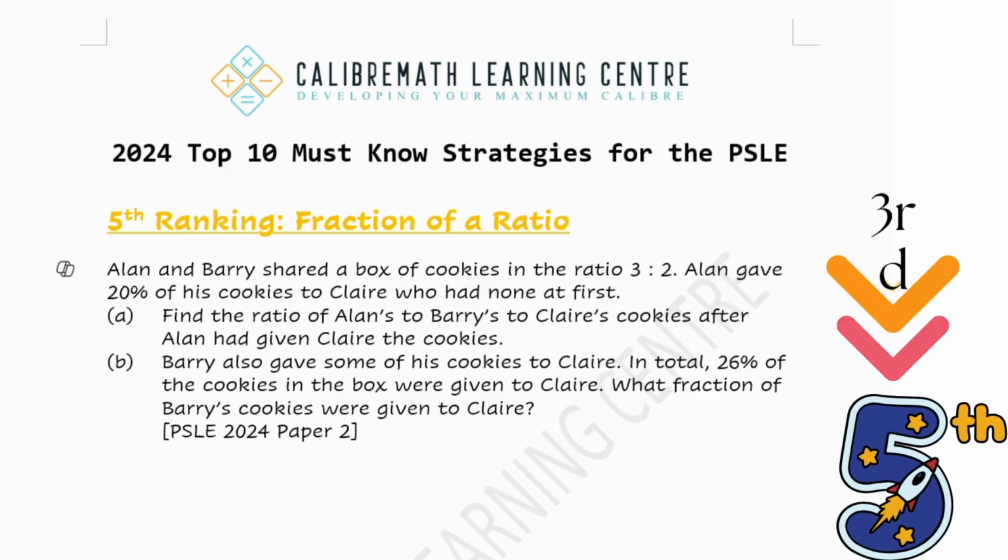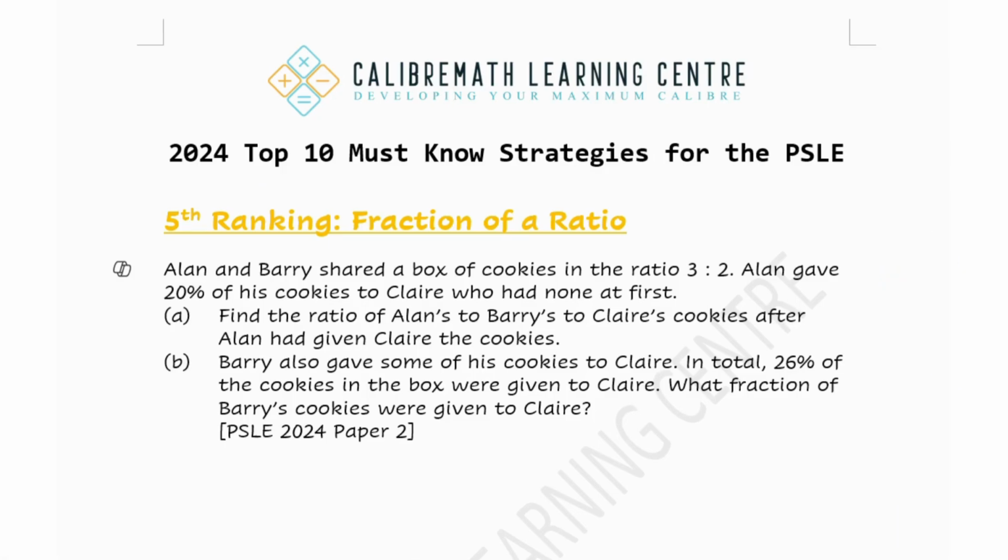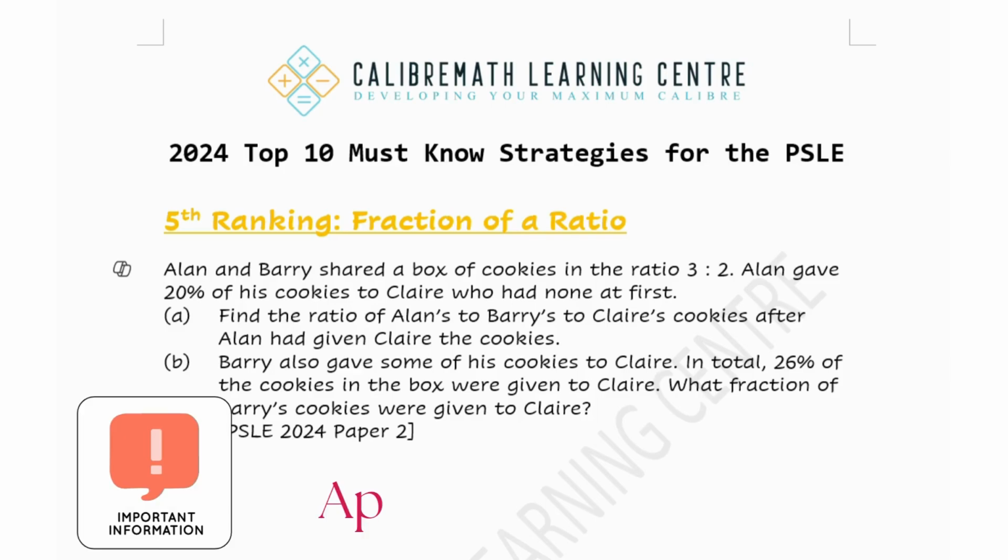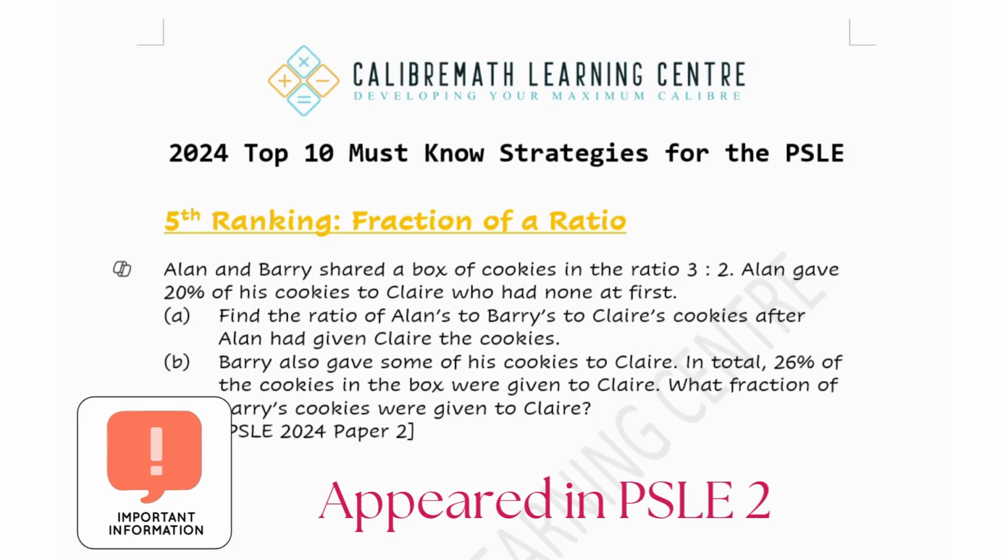For the fifth strategy, we have fraction of a ratio. This strategy has dropped in its ranking from the 3rd place in 2024 to the 5th in 2025. This strategy was a common feature in the PSLE from 2020 to 2022. Although it did not appear in 2023's paper, it made a return last year. Despite the slight dip in its ranking, it remains highly useful, especially when dealing with changes expressed as fractions of